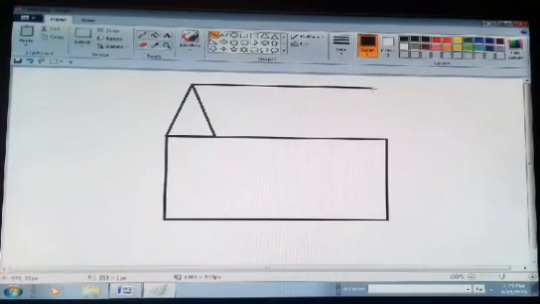Just look students how you can draw a house in your MS Paint document. It is a very simple process. You can draw a house using shapes.